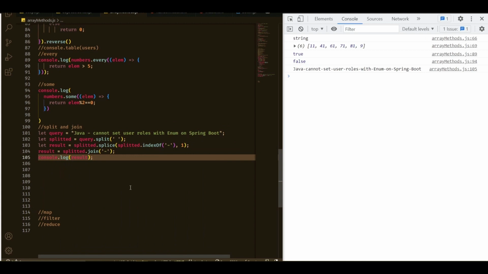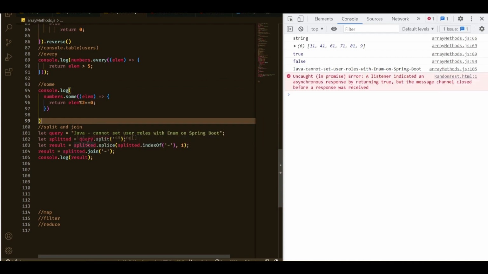So finally we can see that our string has been converted to this query string. And here also note that the splice method will modify the array in place. That's why we don't need to reassign the result of the splice operation to the same array. It will modify the array in the